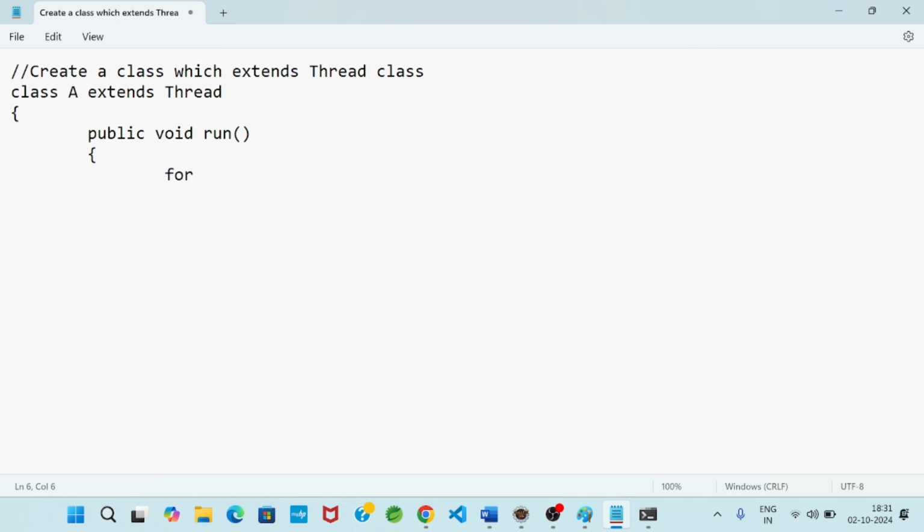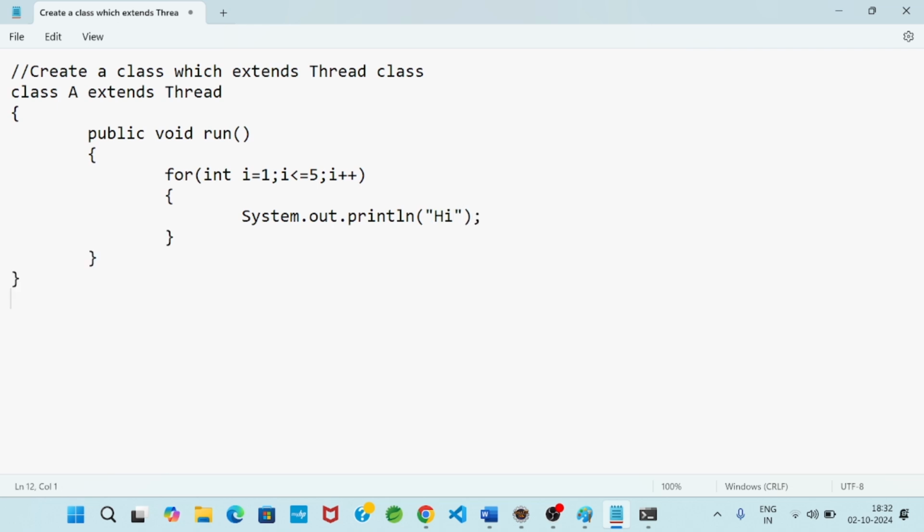Now I will write a for loop: int i equals 1, i less than or equal to 5, i plus plus. I want to display one message 5 times: System.out.println, suppose I write hi.